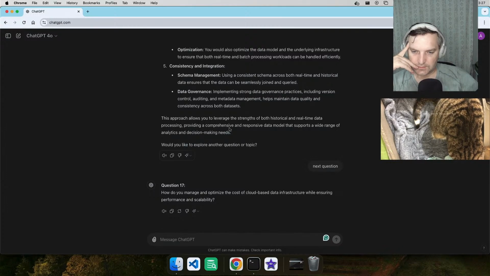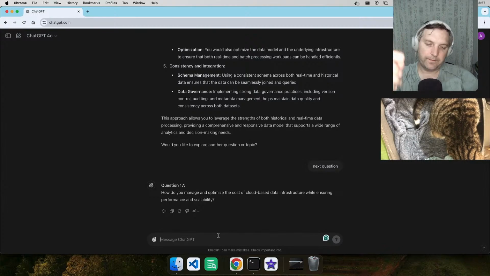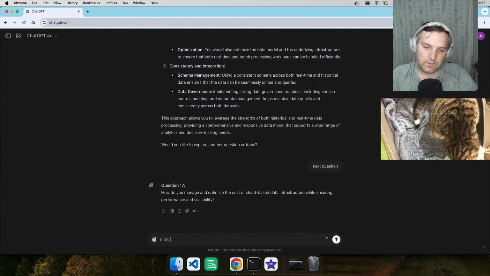How do you manage and optimize the cost of cloud-based data infrastructure while ensuring performance and scalability? The cost of cloud-based data infrastructure while ensuring, if it's storage. So,